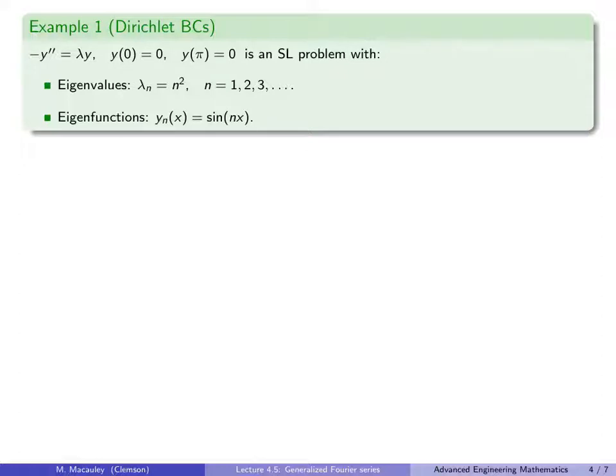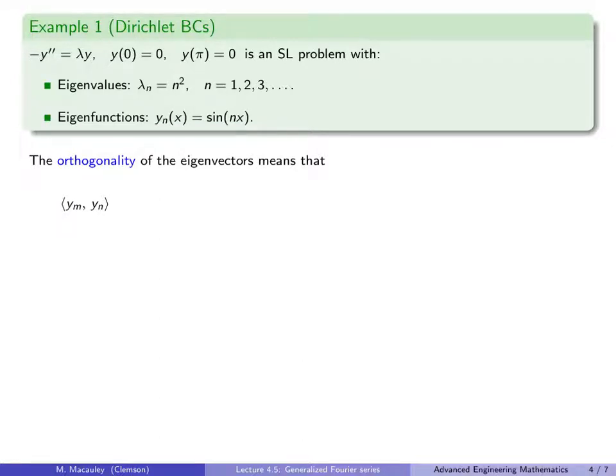So in the previous lecture, in lecture 4.1, we let this be L, but I'm just going to let L be pi because it makes the math a little bit easier, and I want to make it as less notationally messy as possible. So the eigenvalues are lambda n equals n squared, and the eigenfunctions are yn of x equals sine of nx. The orthogonality of the eigenvectors, or eigenfunctions, as guaranteed by Sturm-Liouville theory, means that if you